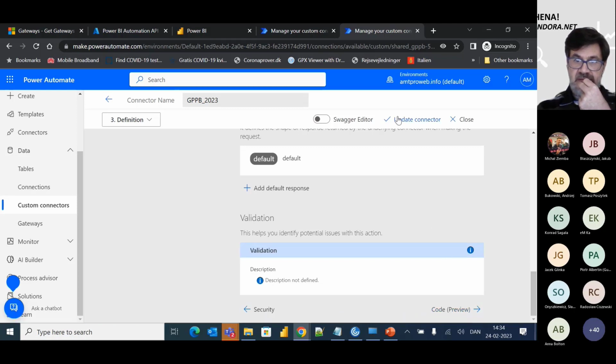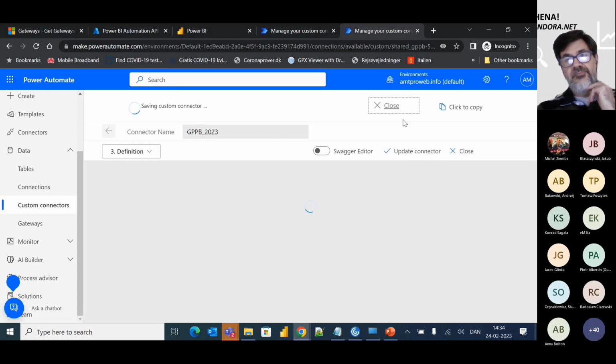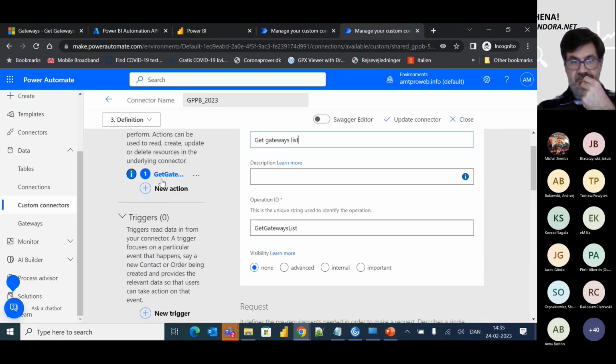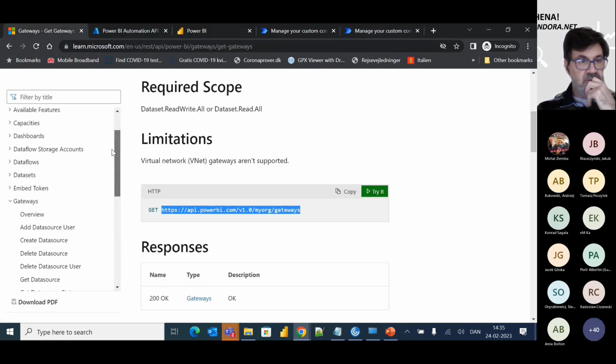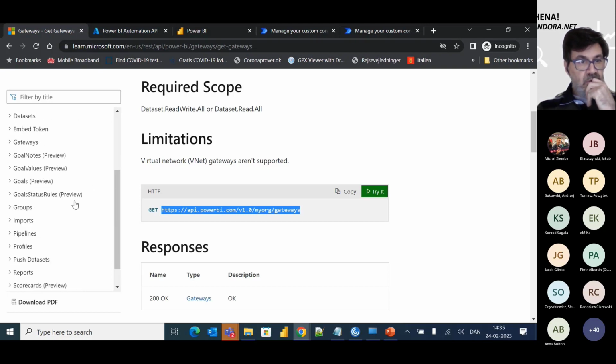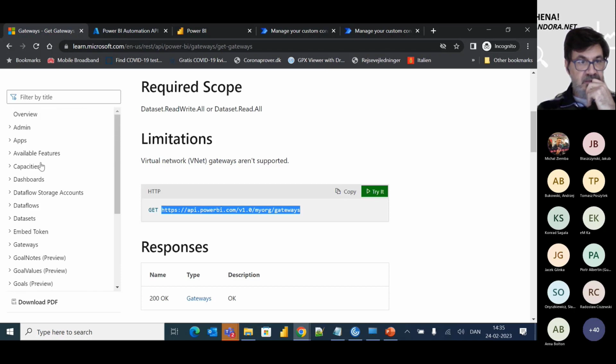So let's update the connector, and let's add another action. I can add as many actions as I want here. So for one connector, I can have plenty of actions. Okay. So I go and I add a new action, and the new action might be that I want to read the list of groups. So as an admin,